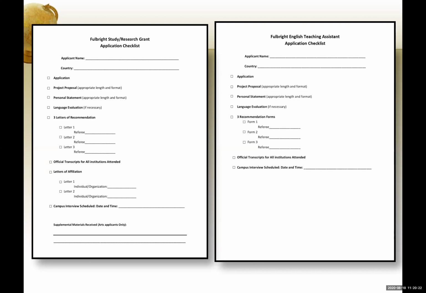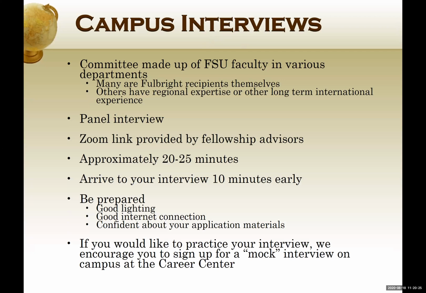And then let's talk about the interviews and the interview committee. So Fulbright asks that each university do an initial review of their applicants. We have this August deadline so that we can collect all of your applications and all of your materials and send them to your interview committee. Your interview committee is made up of FSU faculty from various departments around the campus. Many of them are Fulbright recipients themselves, and others are just regional experts or have long-term international experience. All of them are aware of what Fulbright stands for, what the mission of Fulbright is, and we usually try to separate them by broad global regions. And so you will be reviewed by a committee of 3 to 5 professors who are